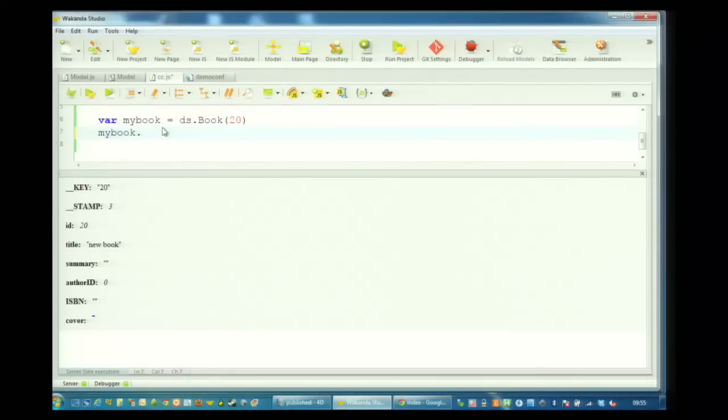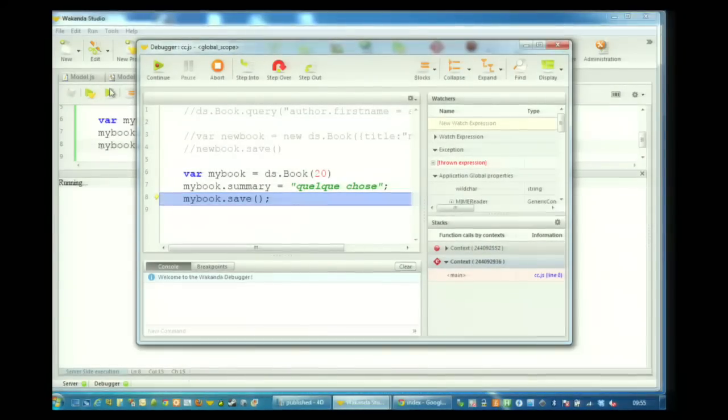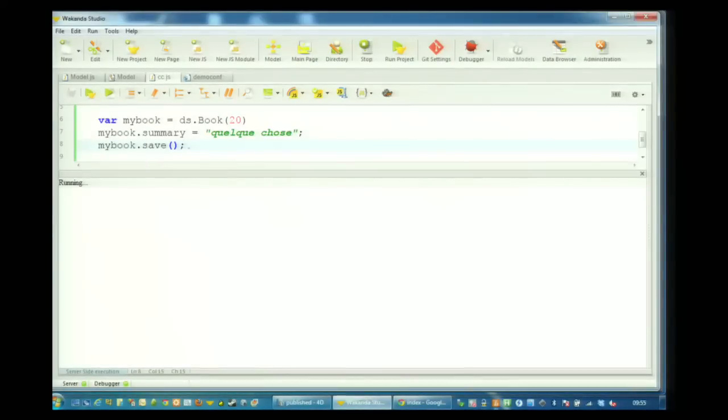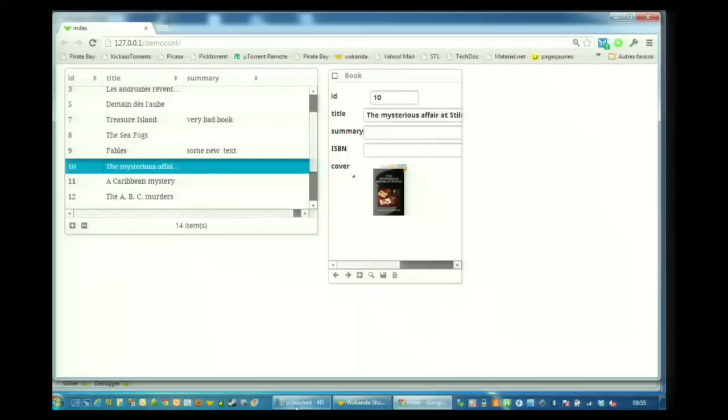Now, if I try to modify something here, for example the summary, and I try to save it, well, in that case, I get an error since the entity, well, the file is locked by 4D. If I try again by unblocking 4D,